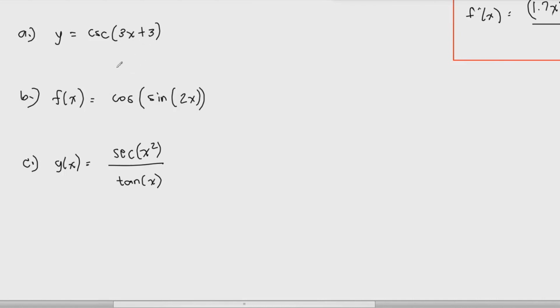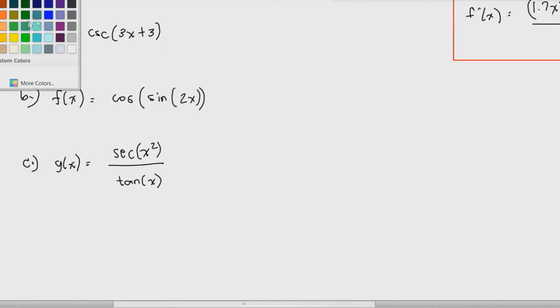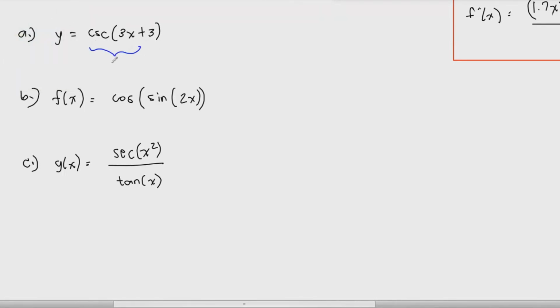So with that, based on our chain rule, we need to find the derivative of this whole term first, and then take the derivative of what's inside. So this is like the f of g of x. So we need to take the derivative of f of x first, and then g of x. So with that, y prime